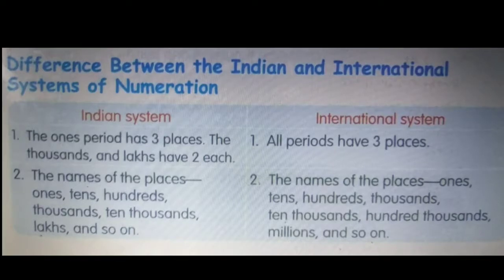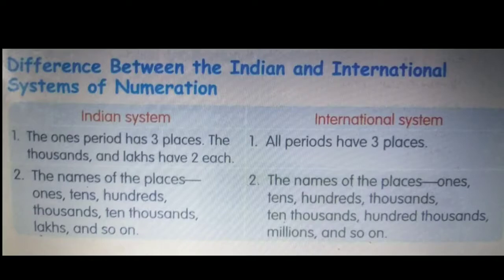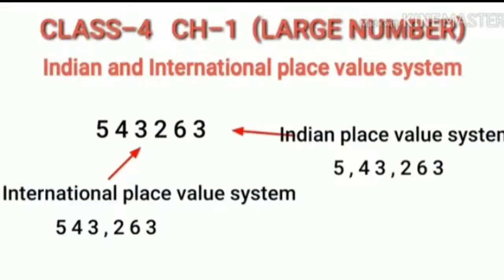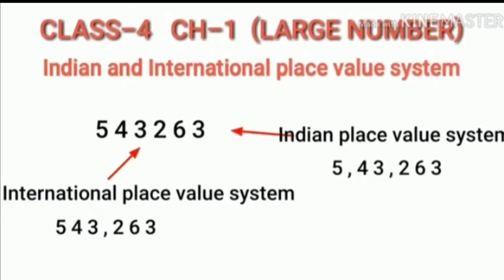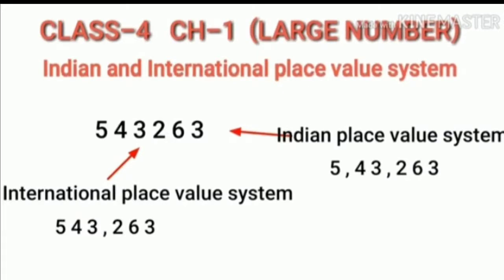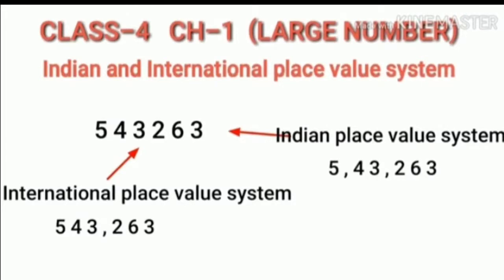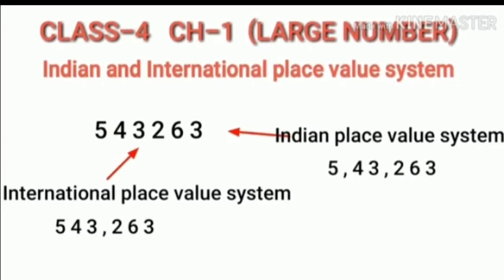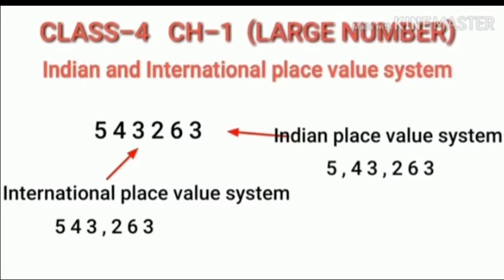For this, the answer is: while reading a numeral, all the digits in the same period are read together and the name of the period is read together. Let's take an example. In the first example, I have taken the digits 5, 4, 3, 2, 6, 3. So how can you read the digits in the Indian place value system? In the Indian place value system, we can read the digits as 5,43,263. However, in the international place value system, we just read the digits as